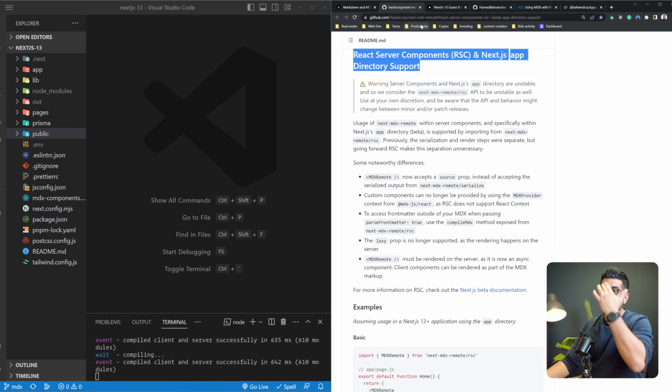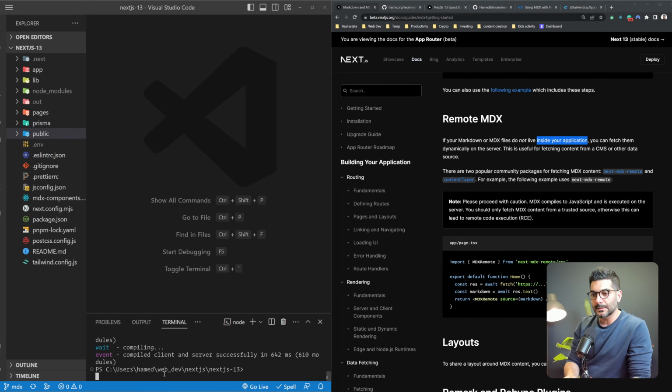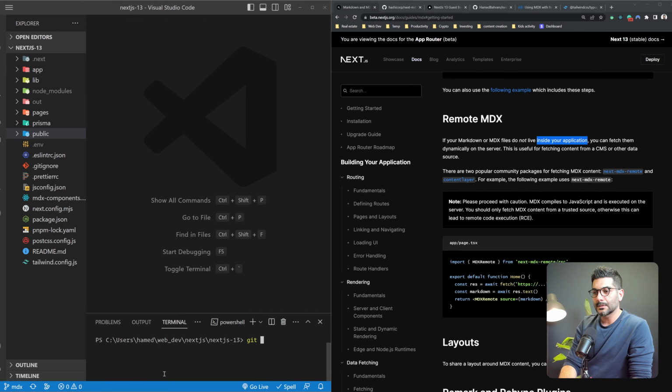Now, the benefit to doing this is two things. One is that sometimes you don't have your files inside of your application, so you want to fetch them remotely. And the second thing is that the next-mdx-remote package also allows you to read front matter. For example, if I change branches to that next-mdx to show you what I mean,